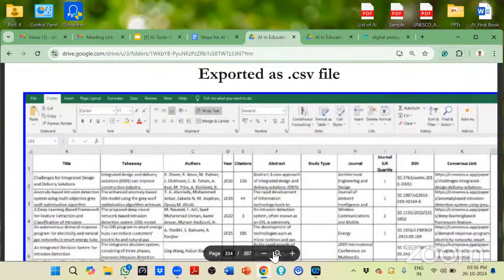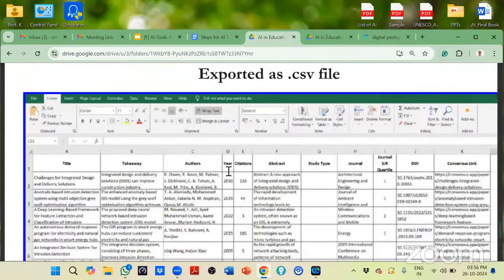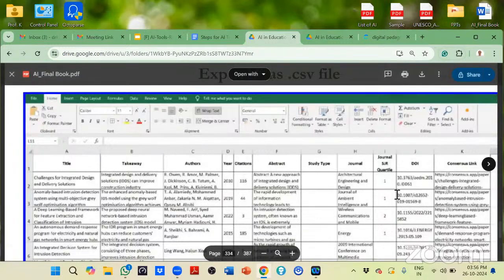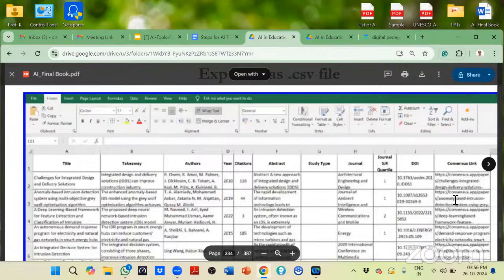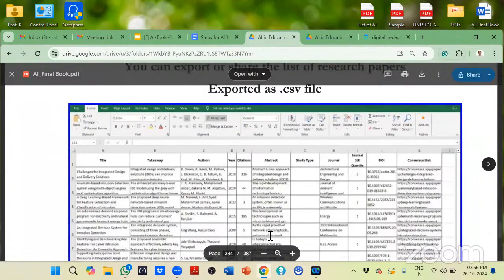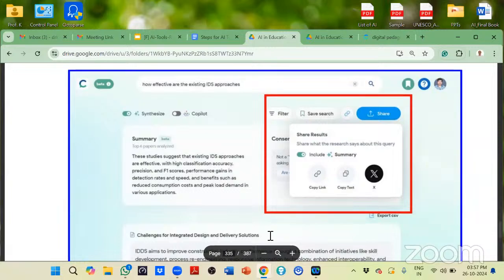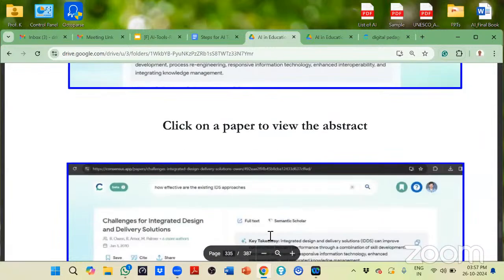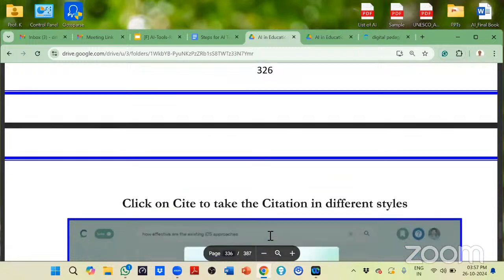Please confirm. So, and this comes as Excel sheet. Title है, takeaway है, authors है, when कौन सा साल का है, how many citations are there, abstract क्या है, study type, journal कौन सा है, जर्नल की जो डेट ऑफ पब्लिकेशन है, कौन से इसका लिंक है, और क्या चाहिए हमें। What I'm trying to say is that if you could get something of this sort, the life of a researcher will be much more comfortable। ओके, एंड इसको जैसे मैंने आपको पहले ही कहा था, we can share the list also like this। ओके, एंड click on the paper to view the abstract, मतलब हम किसी भी पेपर के ऊपर जब क्लिक करेंगे, तो इसमें एब्स्ट्रैक्ट भी हमें दिखाई देगा, तो we can cite, and